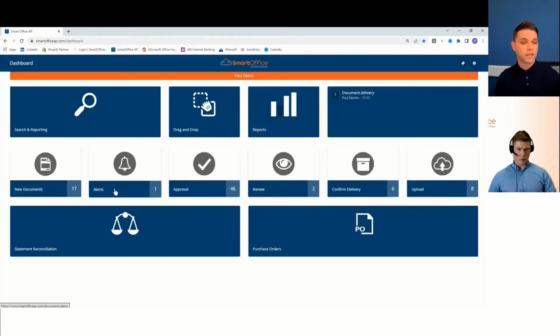Again, I'm going to pop back out here into alerts. And as I mentioned, we hope that this is infrequent, but that's not really down to us. And it's not actually down to you as the client or user. It's more down to your suppliers. So common AP problems in everyone's flow, including our own, are duplicate invoices, incorrect calculations, incorrect VAT. Our system with the brain will automatically catch those from the point of submission. When your supplier sends in their invoice, it'll go up into the brain, we'll validate it, make sure that everything is correct. And if we find or suspect that there may be an error, we'll put it into alerts and notify someone.